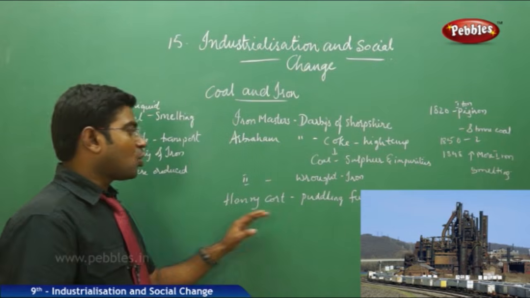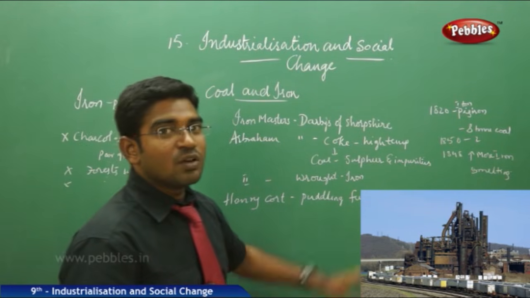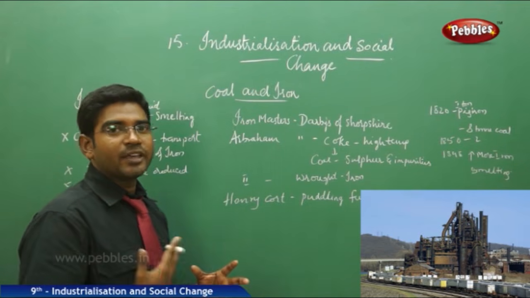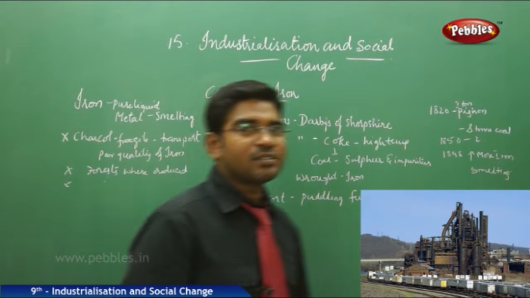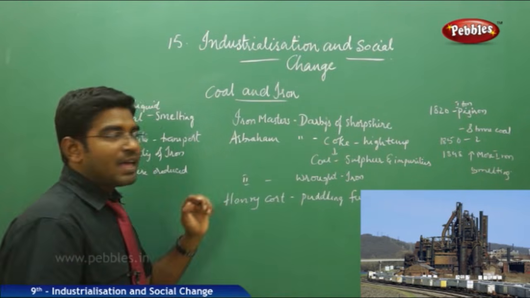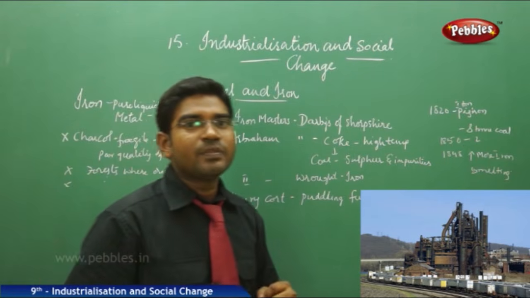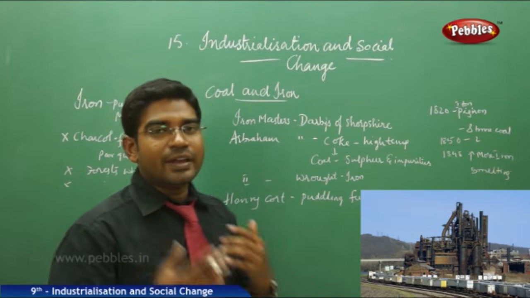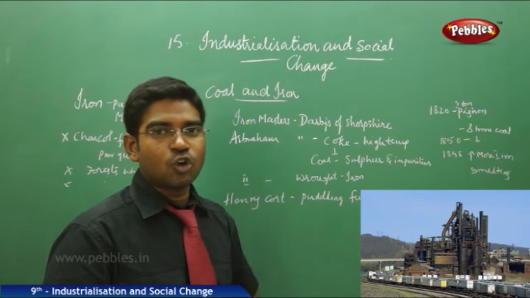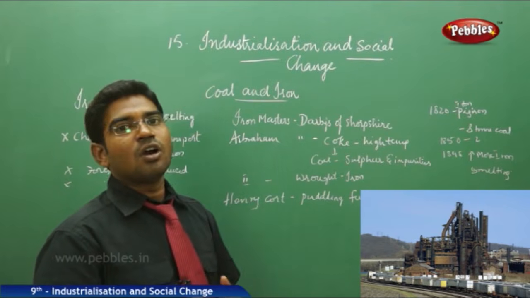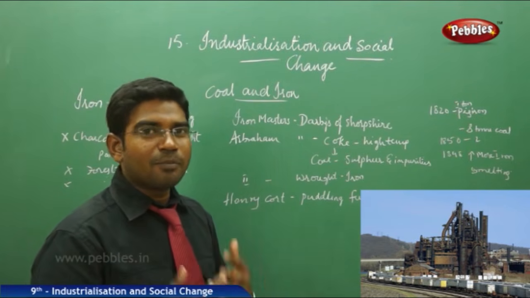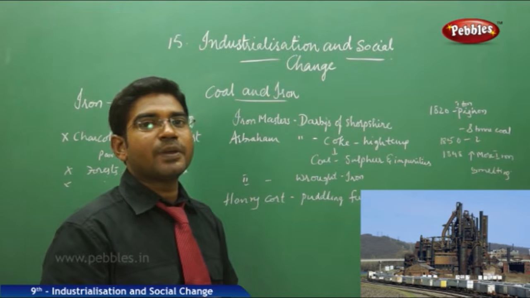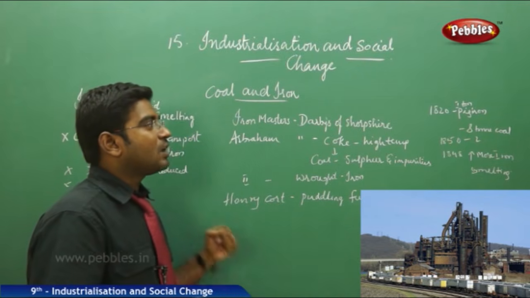Then we have Henry Cort, who introduced the puddling furnace, which heats the iron very fast, and whichever shape we need, we can make it. All these discoveries by these iron masters helped Britain become a very good iron smelting place, where you need not worry about anything, because naturally they have iron ore, they have coal, and they also have good transport facilities of water and ports. We have many ports connecting to various other corners, and the cheapest way of transport during that period was shipping. So all these added for Britain, and the